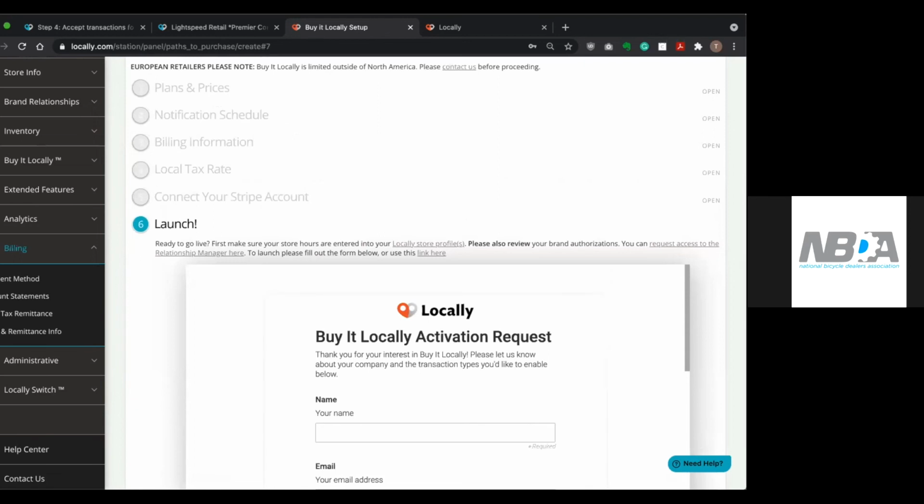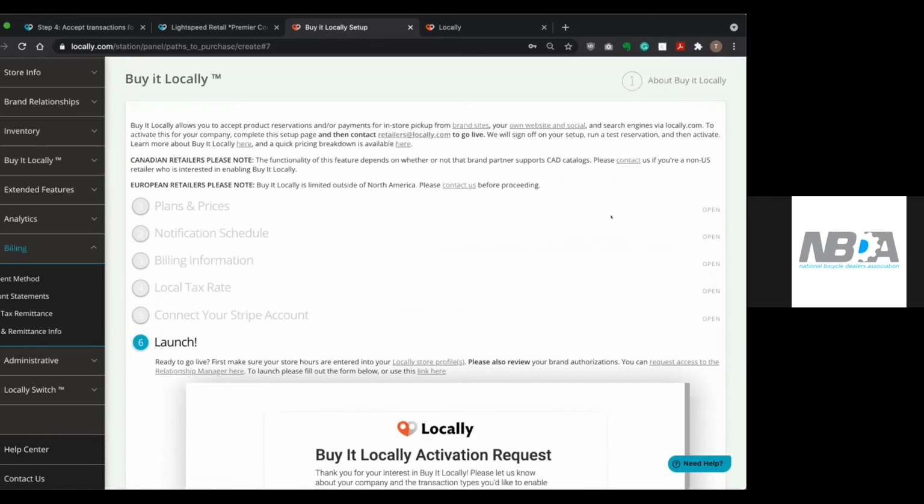Let's see, another question from Bent Up Cycles. If using Lightspeed point of sale, will the sale transfer over from Locally to Lightspeed and be recorded? Will Lightspeed then have the customer information that was entered during the purchase? Great question. So with Lightspeed, and with almost all of our connections, it's a one-way connection. So we're receiving inventory info from your point of sale system, but Locally isn't actually talking back to yours. So in the event of a purchase, like a delivery or a BOPUS order, you'll still want to ring that up in your point of sale system.